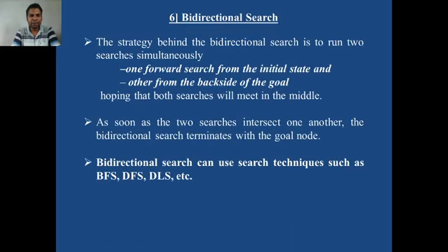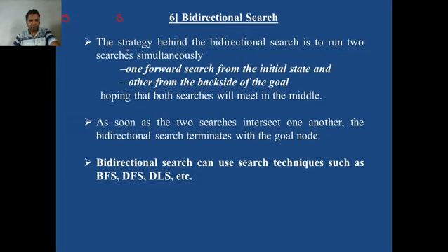Now today we are going to discuss bidirectional search. What exactly is the idea behind this bidirectional search algorithm? It is also one of the uninformed search algorithms. Uninformed search algorithm means what? The algorithm only knows the start node or root node and the goal node, the initial state and goal state, because they are stated in the problem. Apart from this, no additional information is given.